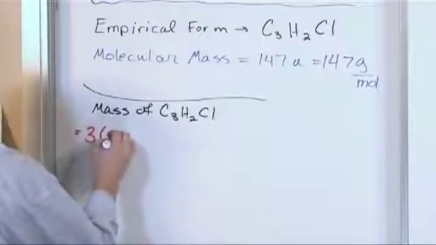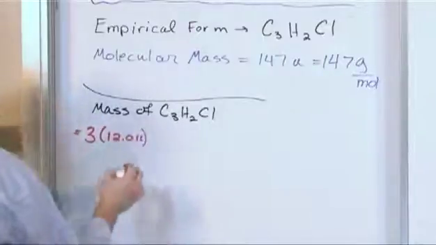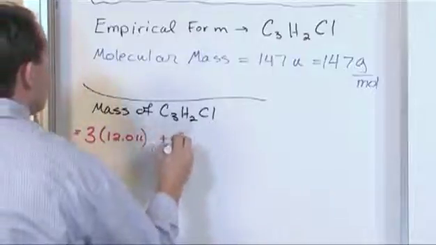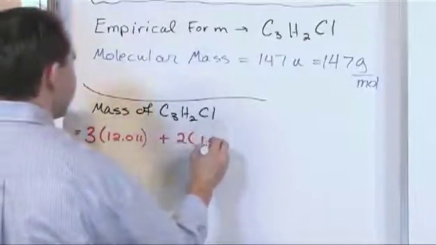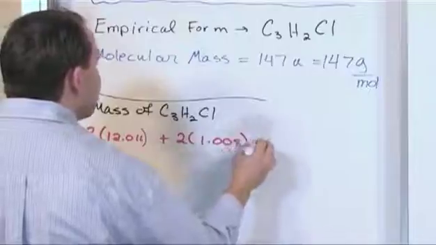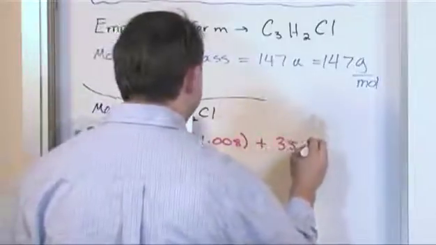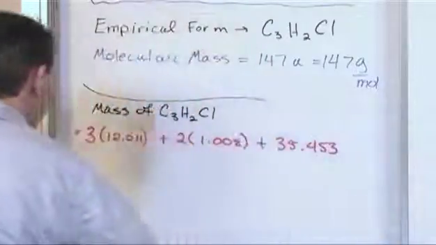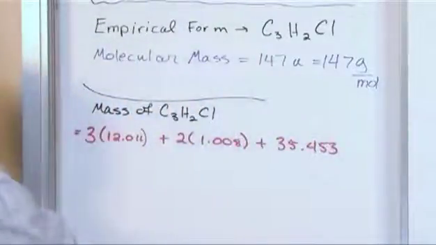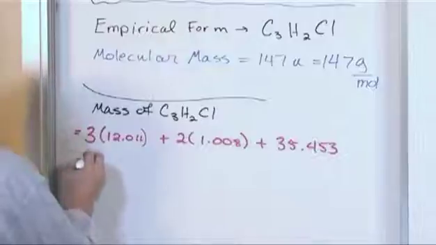Each carbon is 12.011 grams per mole, right? We also have 2 hydrogens. Each one of those is 1.008 grams per mole. And each chlorine, we have only one of them, so it's 35.453 grams per mole. So when we do this multiplication, 3 times the 12 here, we're going to get